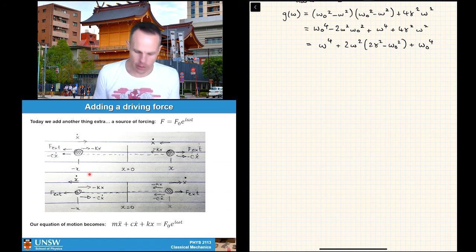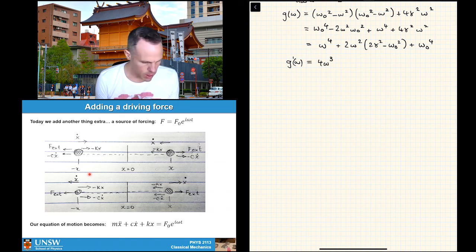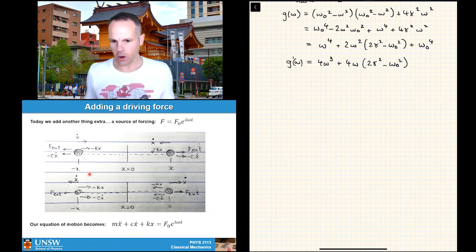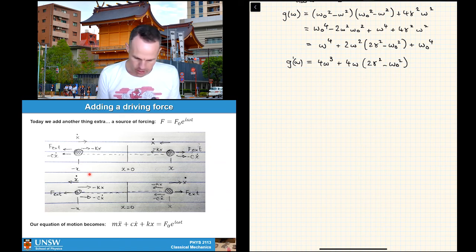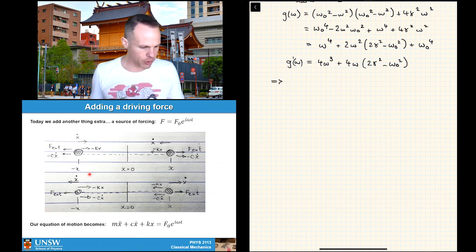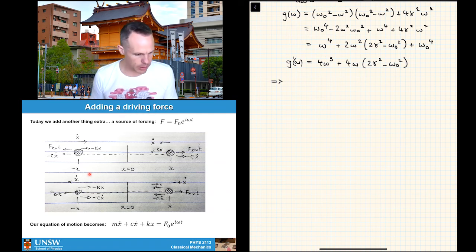And now it's really easy to get a derivative for, right? So g dash omega is 4 omega cubed plus 4 omega 2 gamma squared minus omega naught squared, and of course this term on the end is a constant in omega, so it just vanishes, right? Really simple. And so then our power function rule tells us that the derivative that we were after is going to be,